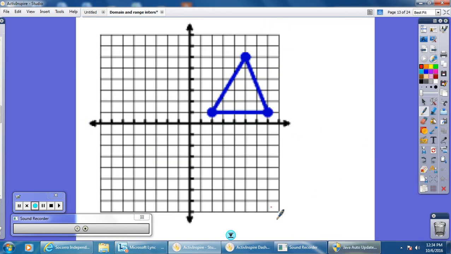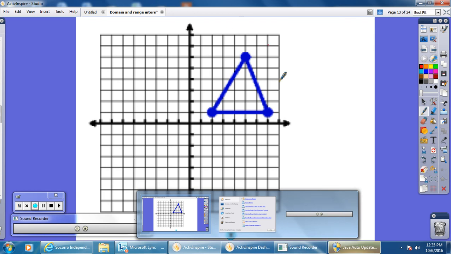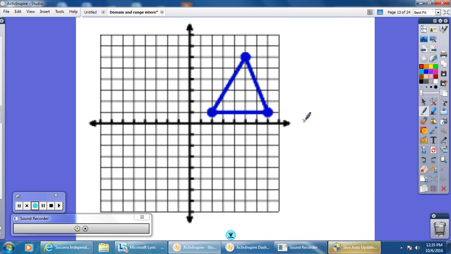Okay, I have a triangle. This is easy breezy. I want you to write in what your domain is, and I want you to write in what your range is. Now for the signs, since you can't type in the signs greater than, less than, or equal to, I want you to write the domain is